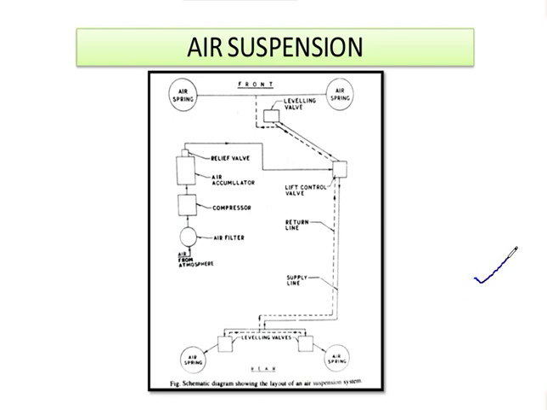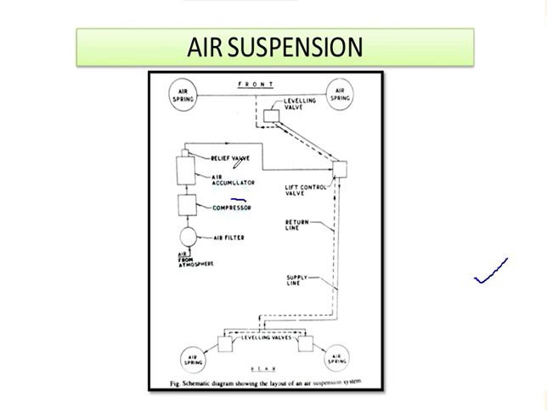This is the layout of an air suspension system. The 4 air springs, which may be either the bellows type or the piston type, are mounted at the same position where generally the coil springs are mounted. An air compressor takes the atmospheric air through a filter and compresses it to a pressure of about 240 megapascal, at which pressure the air in the accumulator tank is maintained, which is also provided with a safety relief valve.